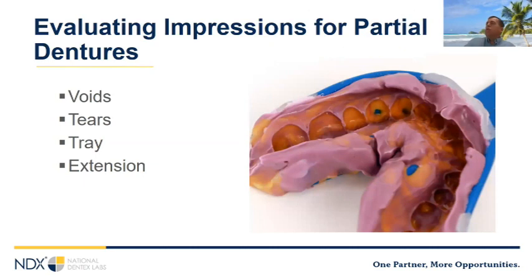All right, so your partial, this one here is a good example of what not to do. You can see that the impression material isn't well supported. It's not well adapted to the tray. We have some voids. All these things are not good. We really want to evaluate, especially all the areas where we're going to be engaging the teeth. So any areas where we prepared rests, any of our guide planes, clasps, saddles, we need this to be really